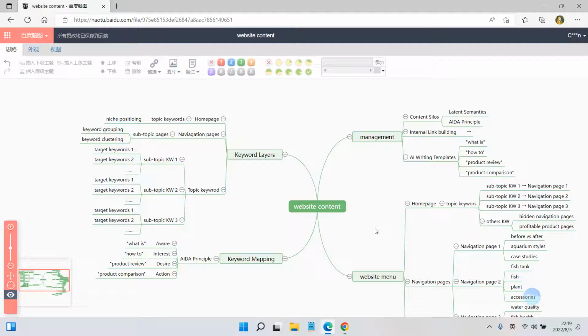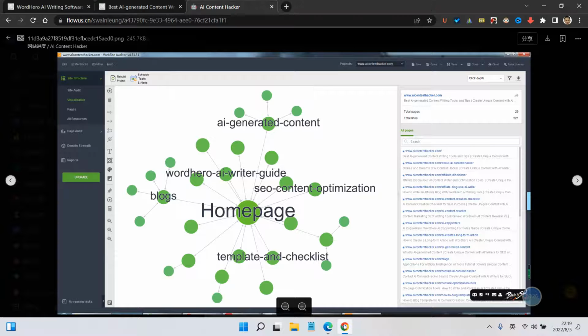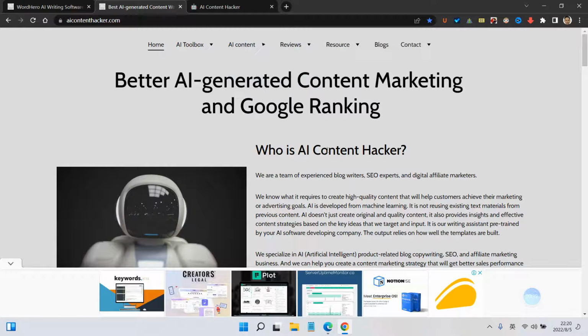So today I am going to talk about website content management. I want to show you how I explore a way that I can use AI to do fast content generation with a simple strategy, with WordHero AI and some other tools for content optimization. You have to know that